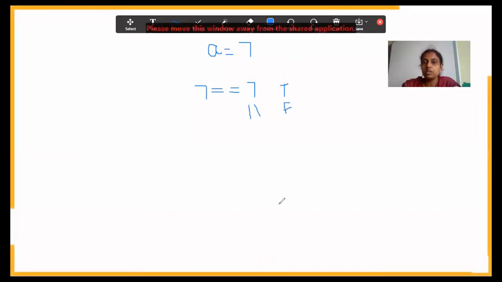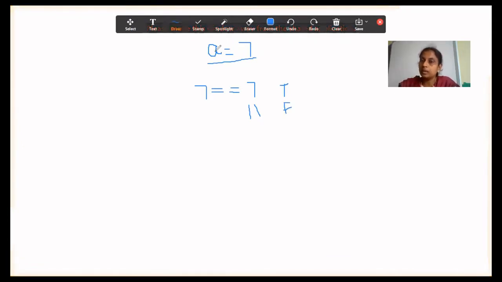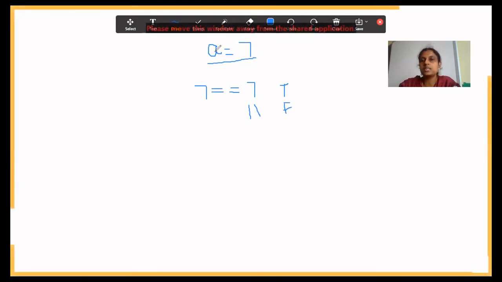So when we compare two values, left hand side equal to right hand side, we use the double equal to symbol. And the single equal to symbol is used exactly when we are assigning a value. See here what I have done. I have said a equal to 7. That means the value 7 will be stored inside a name called a. B equals 5. Name equals Preeti. Whatever is on the right side will be stored inside the name on the left hand side.